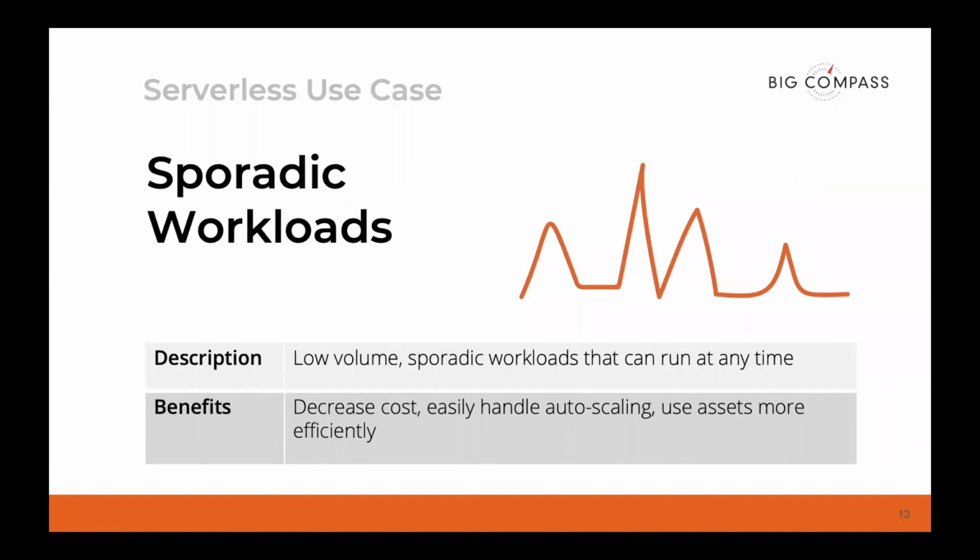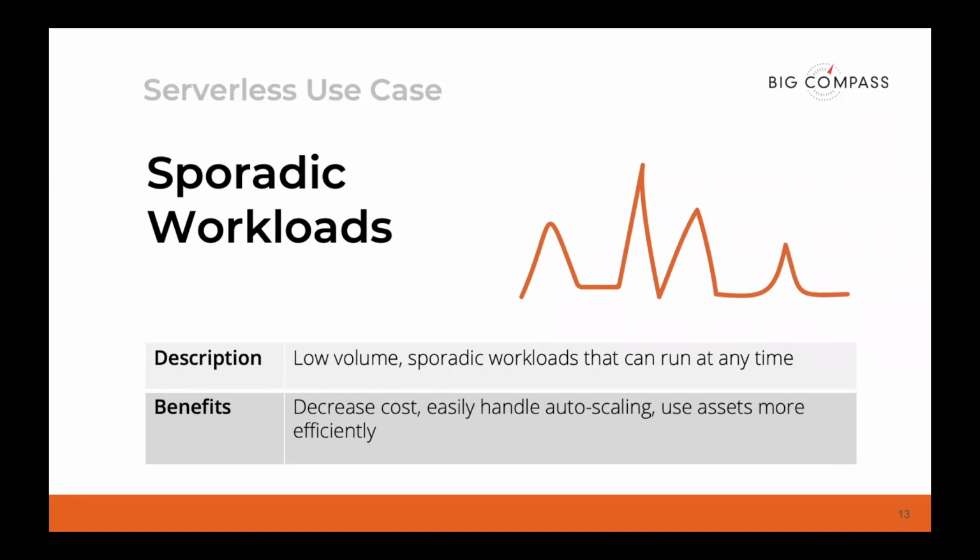Number two is sporadic workloads. This might look somewhat similar to traffic bursts, but this would be along the lines of a very common integration pattern, which is low to medium volume business processes. And maybe we have a mid-volume business process that reconciles invoices when a customer makes the request. And most of the day, again, your process might be off, but on demand, we need to be able to reconcile these invoices against what was actually paid.